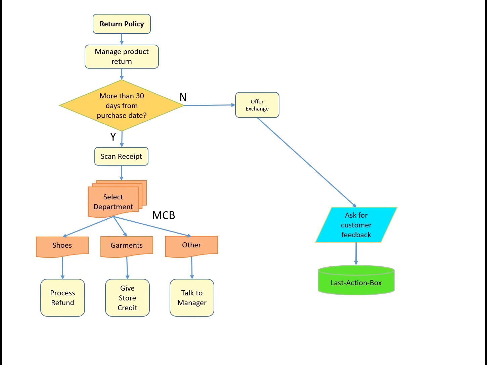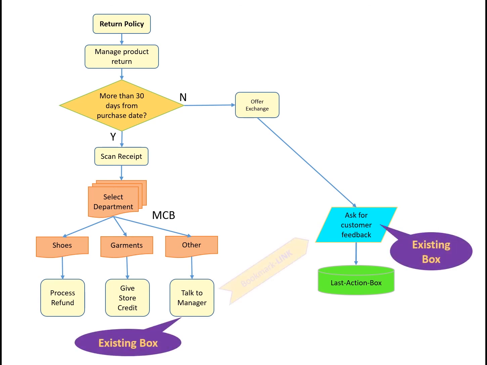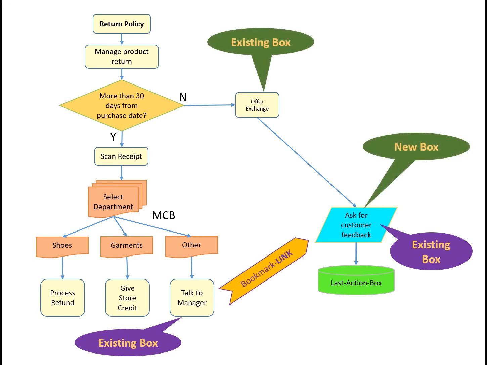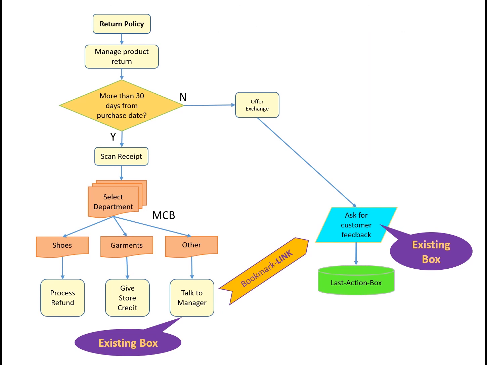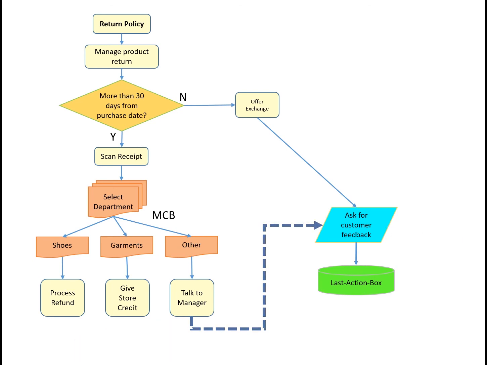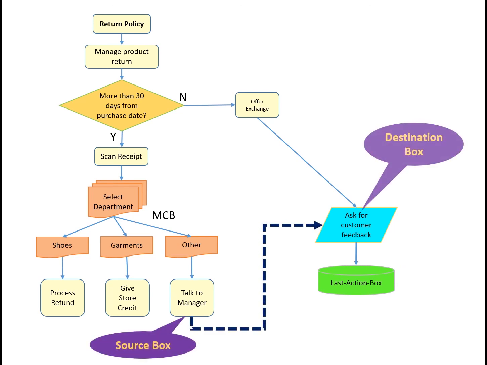What we just created was a flowchart based on our simple example. Let's switch gears a little and explore a powerful feature that Decision provides to connect one existing box with another existing box, what we call a bookmark link. When you create a new box, the new box is automatically connected using a regular incoming connection arrow. Bookmark links are just like regular connectors, but there is one important difference. Bookmark links allow you to connect two existing boxes from either the same flowchart or two different flowcharts. In other words, a bookmark link connects an existing source box with an existing destination box.